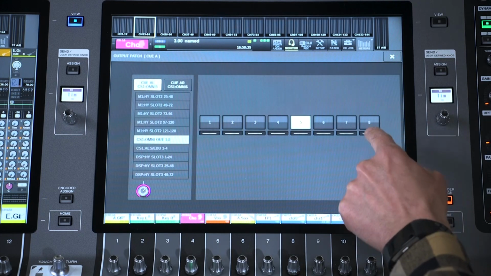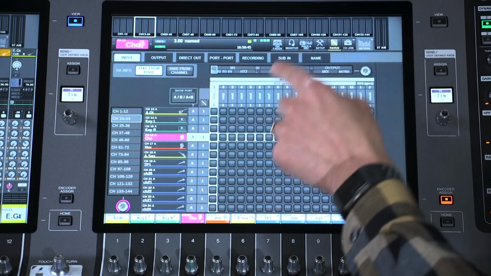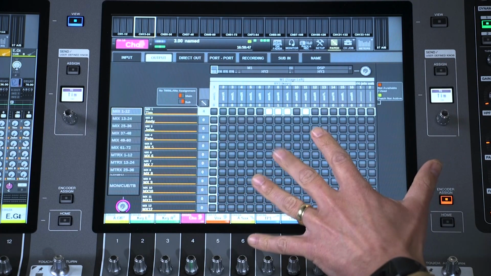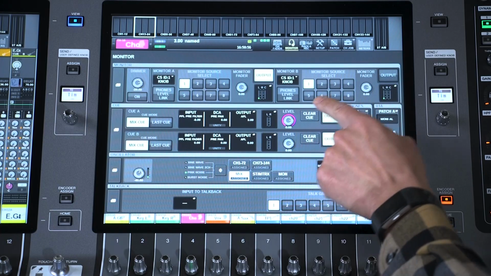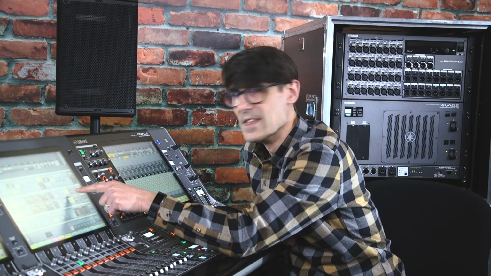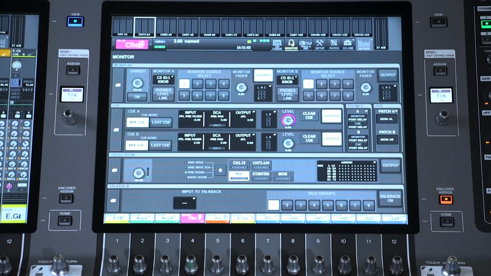Set your output patch if you need to connect a wireless in-ear monitor system, external amp, or speaker processor. Unless you've already made the patch in the main output patch grid, which is another way to access the same setting. And don't forget to make sure the output is activated. It's a common mistake to leave this disabled, thus silent.